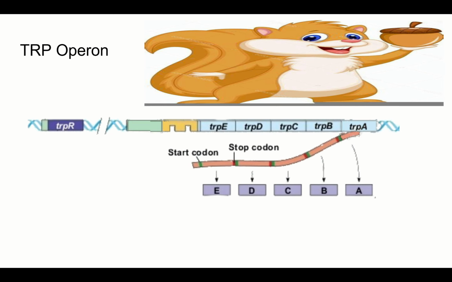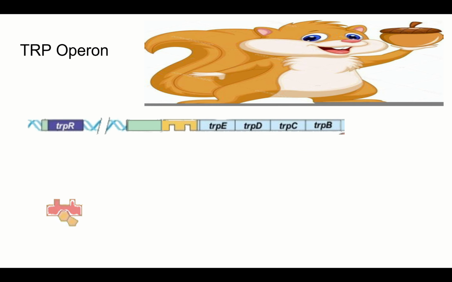Now, what's interesting is that the trp-A region of the gene codes for an enzyme known as enzyme A, which turns one of the products of enzyme B into tryptophan, which acts as the repressor for this operon, meaning that when it binds to the operator protein, it changes its shape into an active form rather than inactive, and then that active form binds to the operator region, turning it off,